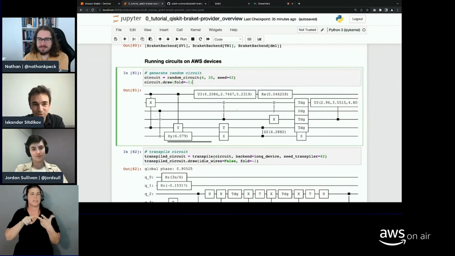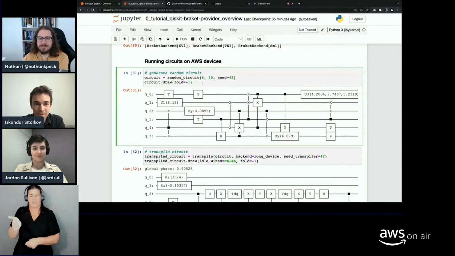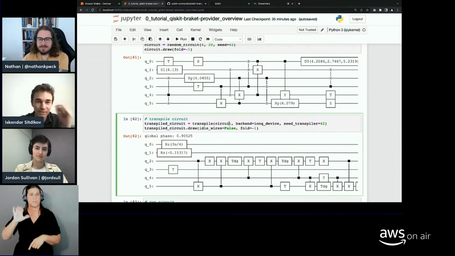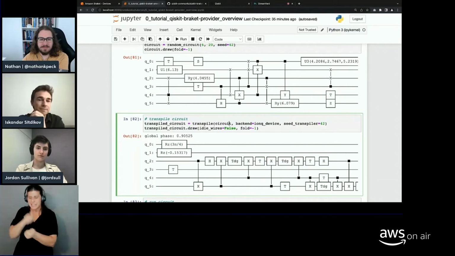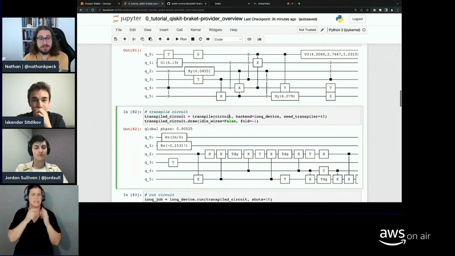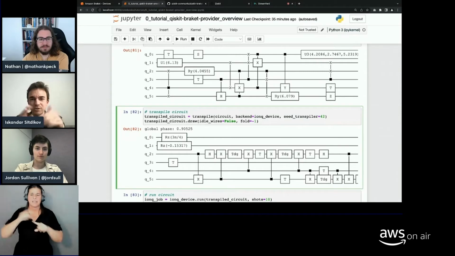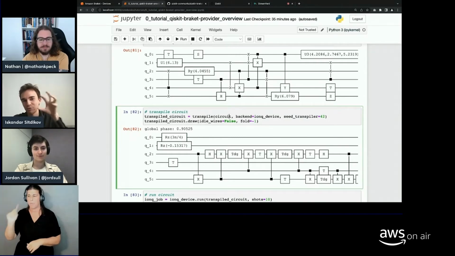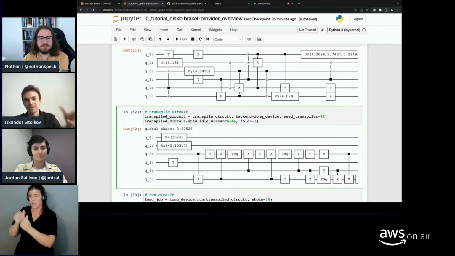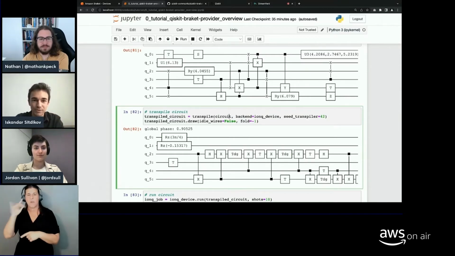So it will generate a random quantum circuit, and in order to run your circuit against a specific device, Qiskit has a notion called transpilation. Let me quickly describe what it is. Different devices might have different connectivity maps, which means different gates and different connectivity graphs, and all of this information you can access on the AWS Braket website, because devices expose their connectivity maps, error rates, and so on for the gates and for the devices.